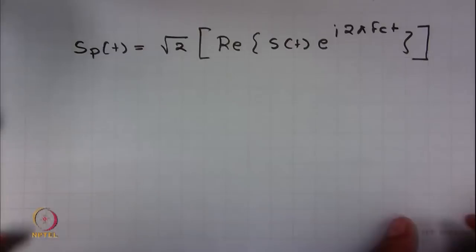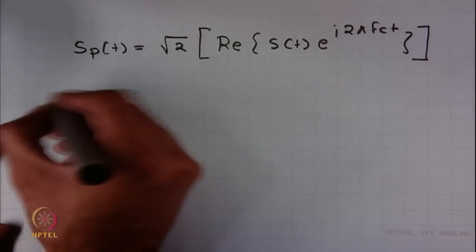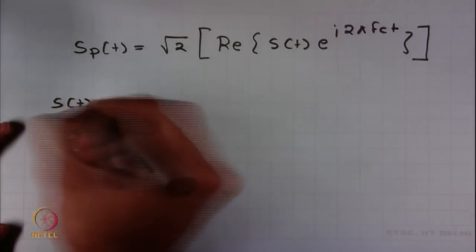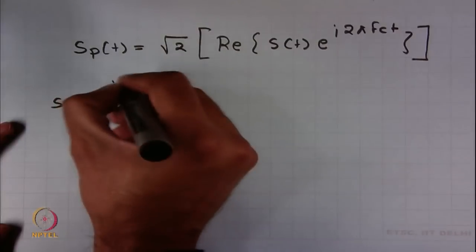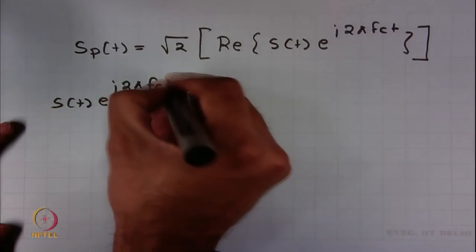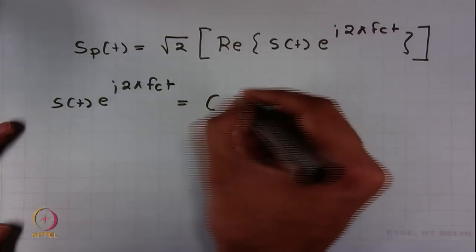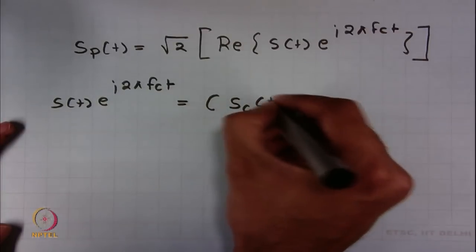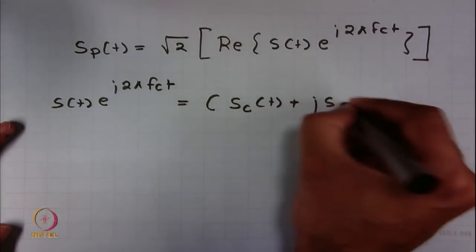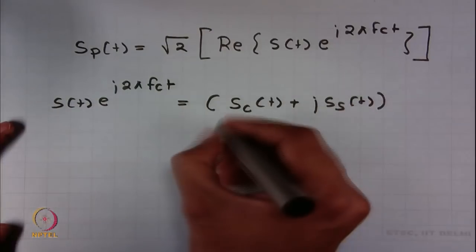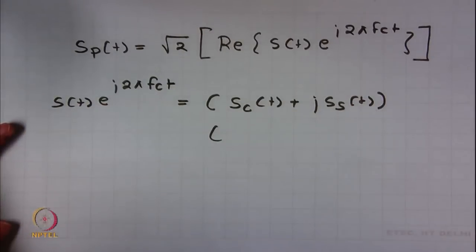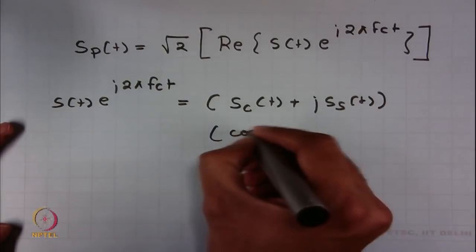Let us see. What we have is s(t) times e to the power j 2 pi f_c t. So, s(t) is s_c(t) plus j s_s(t). You multiply this with this. So, from Euler's theorem we have